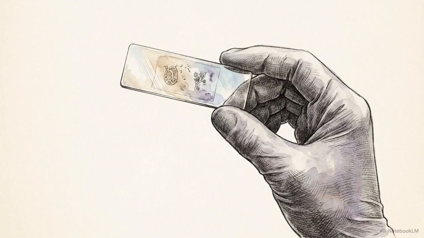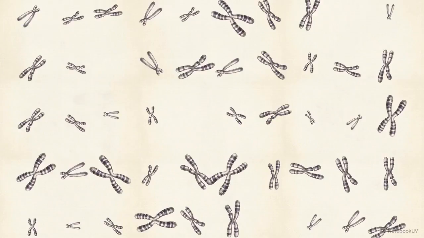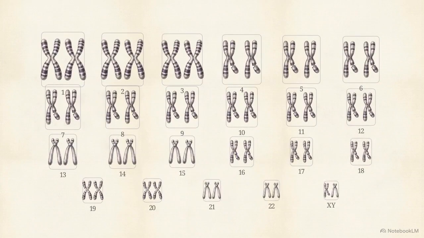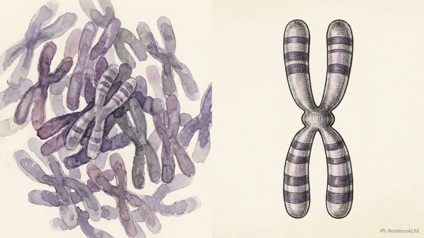To read that genetic code, clinicians rely on a diagnostic tool called a karyotype. A karyotype is a photomicrograph, a physical photograph taken through a microscope of a person's individual chromosomes. Once laboratory technicians capture that image, they cut out the individual chromosomes and arrange them by size into a structured diagram. That organized layout is formally called an idiogram. But before doctors could use these photographs to diagnose disease, the scientific community had to figure out what a normal